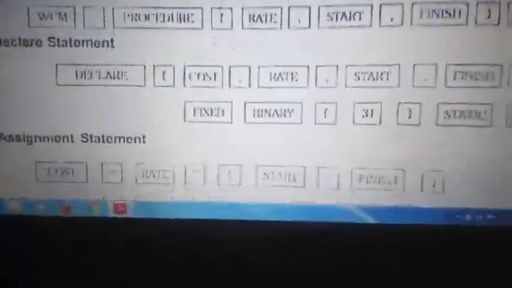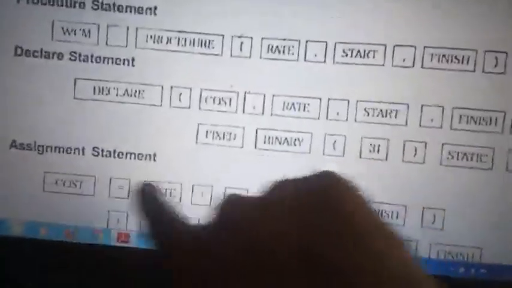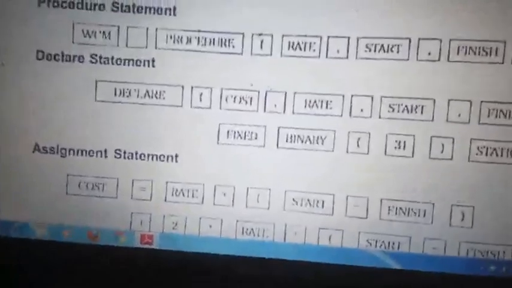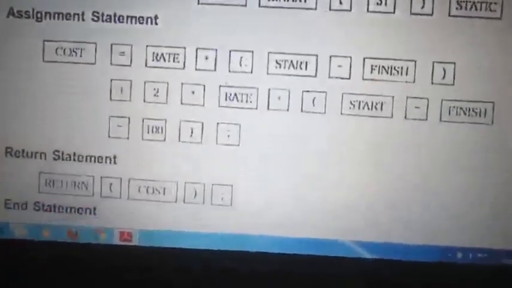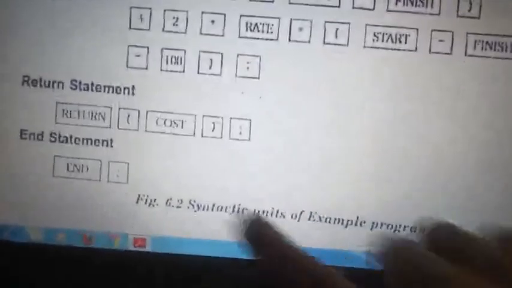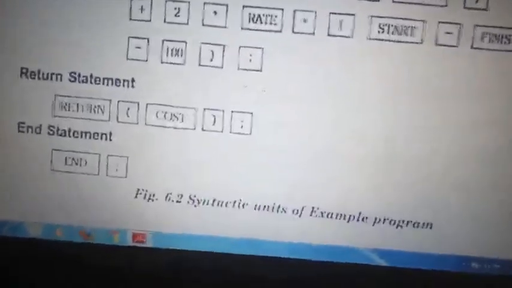Clear? So you can check. Now it's an operator, it's assigning, so it is an assignment statement. This is the analyzing done in the first phase of a compiler. Clear? Then it's a return statement. When the keyword return comes up, it finds that it's a return statement. Then I need to return the cost. And whenever it encounters the semicolon, it is called the end.